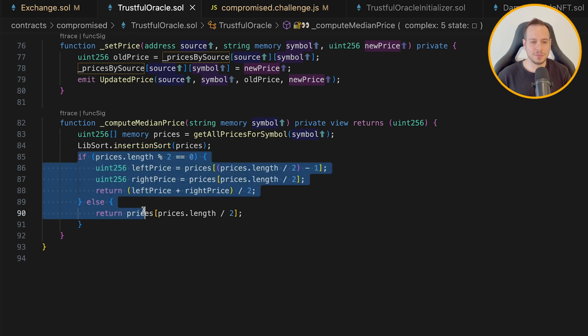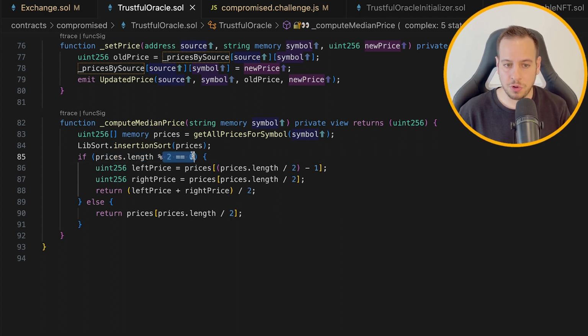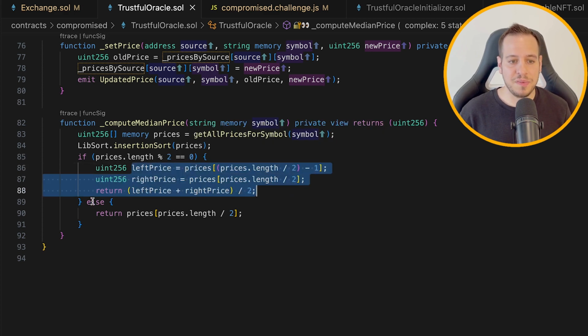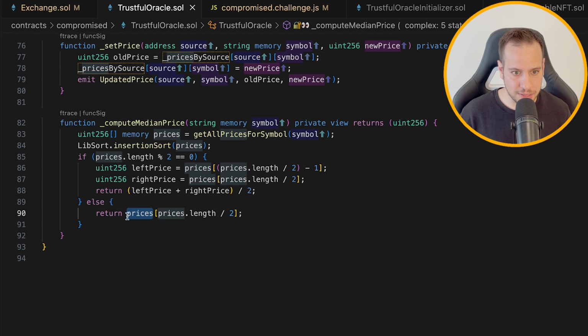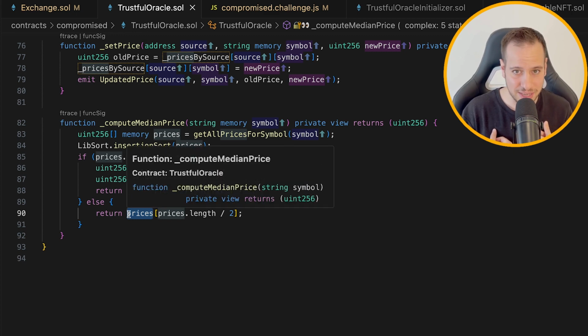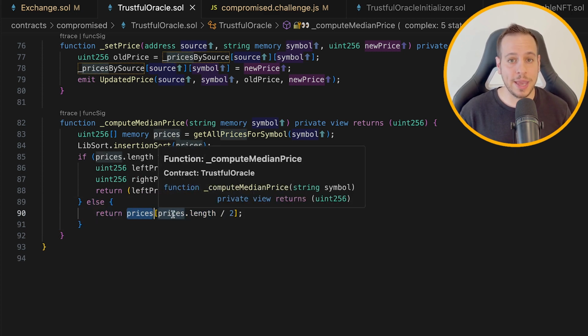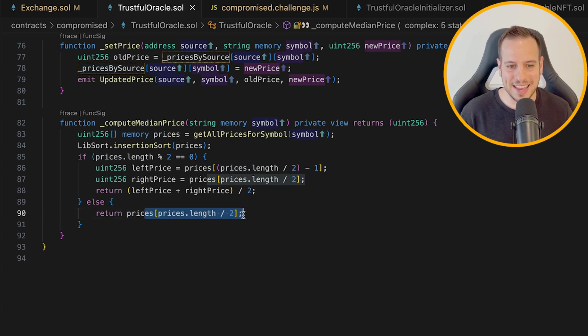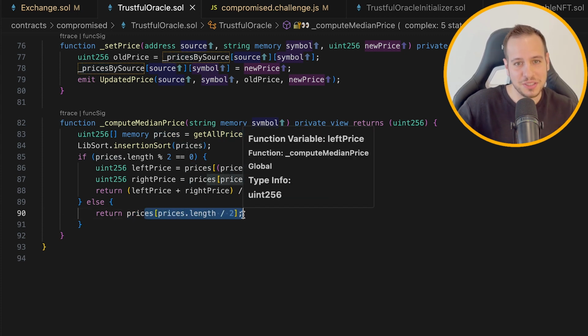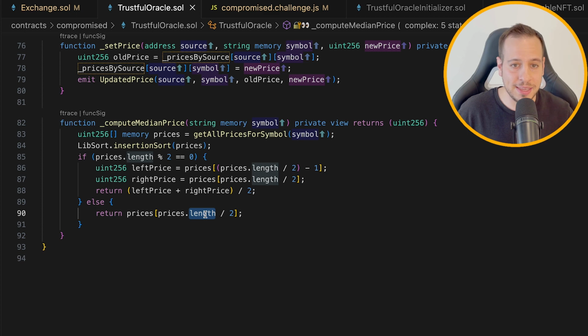Now, once we got this sorting algorithm done, and the prices array is sorted, if the length of the prices array is even, you see, modulo 2 equals 0, which means that we have an even number of sources. This is how we determine the price. If it's uneven, this is how we determine the price. So in our case, it's uneven. It's odd, it's not even, which means that we're gonna go here. And in that case, let's say we had 3 sources, we're gonna just take the price in the middle because it's sorted. So we take the median price, the element in index number